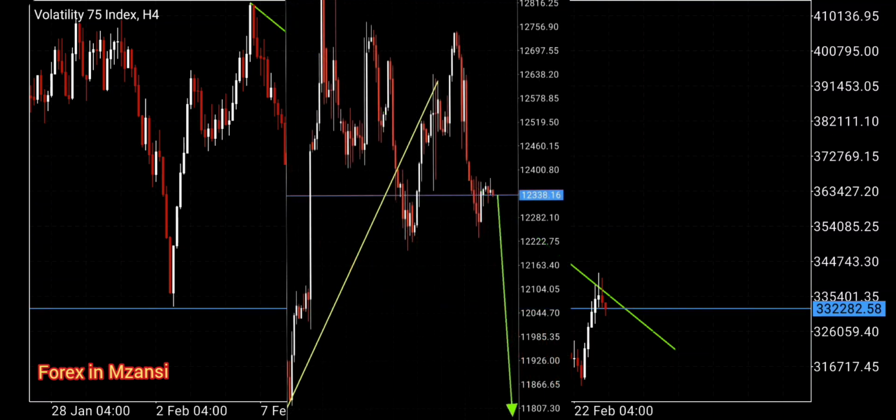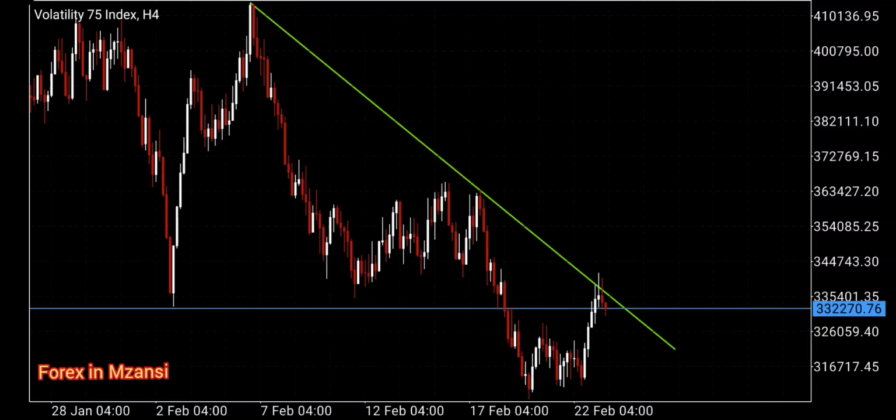No, yes, we were going up, but we have arrived where we were going. Nothing is going to go up forever. At some point, there will be signs that, no, here we can go for a pullback or a complete trend reversal. So because of that, it's very important for you to know how to identify these structures,